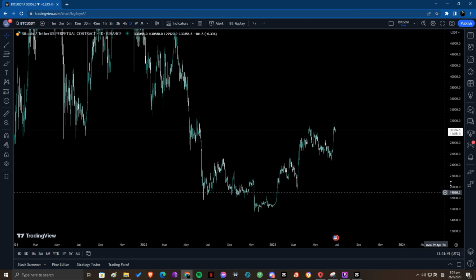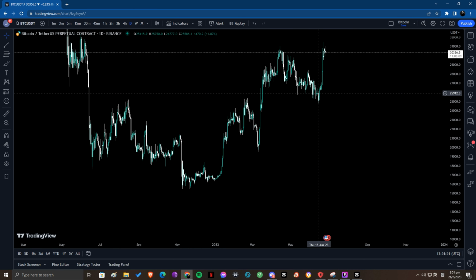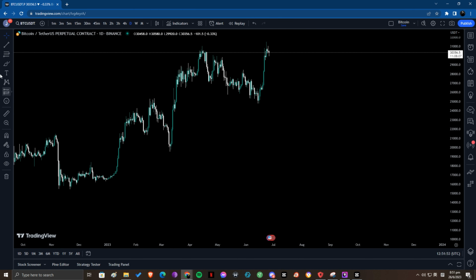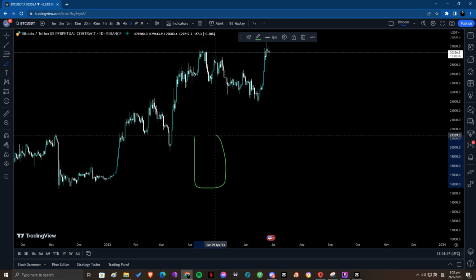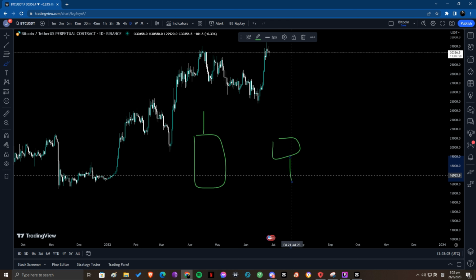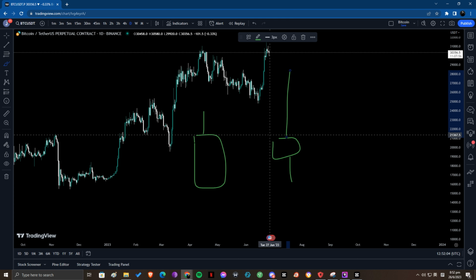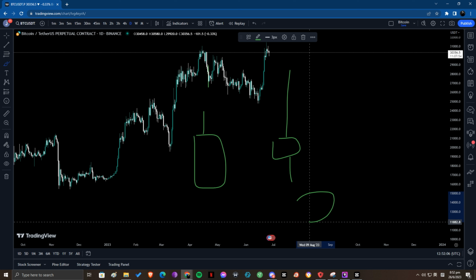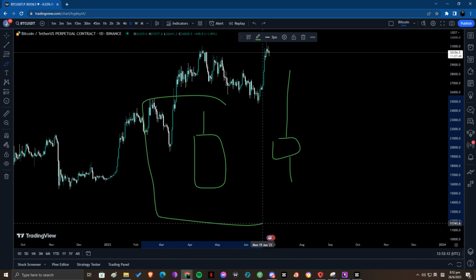Let's find some order block examples. What qualifies as an order block? Now, two rules for order blocks. First order block looks like that. Second order block looks like that. Tell me, which one do you think is a stronger order block? Order block 1 or order block 2? Now, it should be clear to you that the first order block should be stronger.